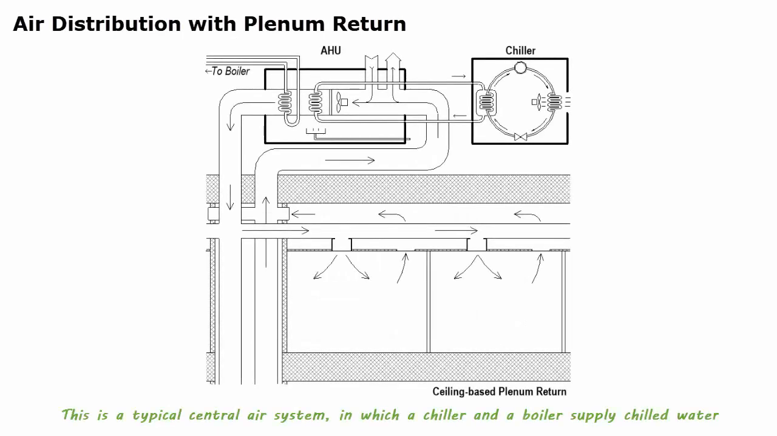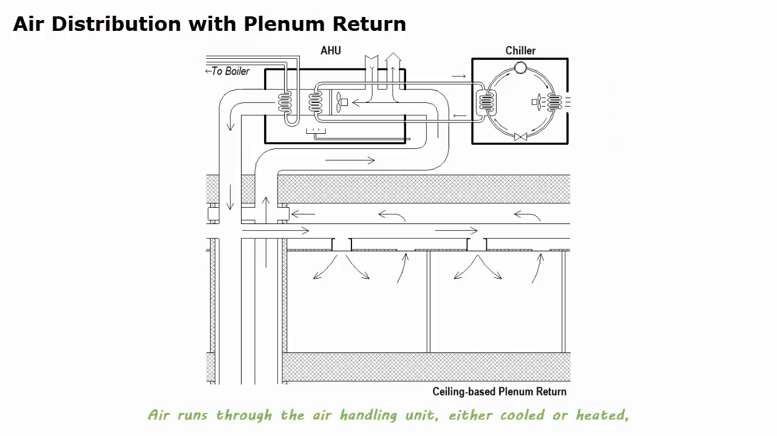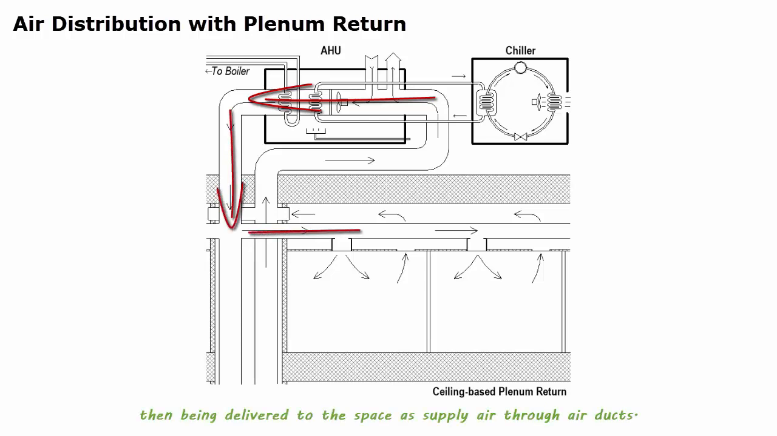This is a typical central air system in which a chiller and a boiler supply chilled water and hot water to the air handling unit. Air runs through the air handling unit, either cooled or heated, then being delivered to the space as supply air